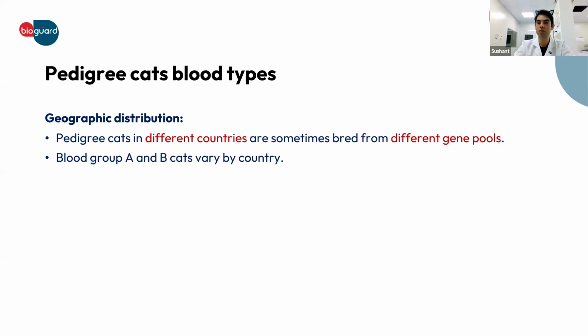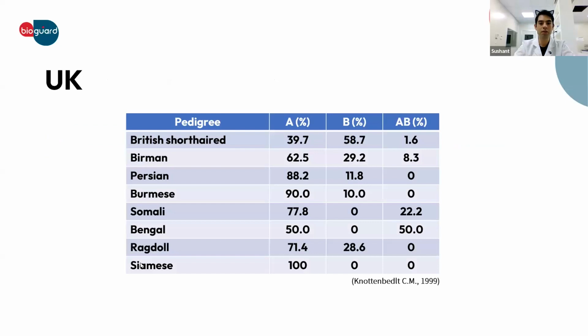Through the UK in total. So there are some of the cat breeds that have been placed here, and you can see the percentage is not all of them following one blood group. For example, in Burmans, in Persian cats, in Burmese, the B percentage is also identified, especially in the British short-haired cat. So B percentage is 58% and A percentage is 39.7%, which is quite unusual